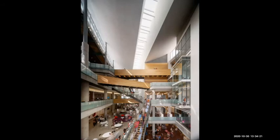And you can see just like in the daylight study, how this south-facing facet really has a lot of light on it. And you're really getting a ton of light through the centerpiece, the lights of the bridges like I was talking about, and the way that the light just sort of flows down through the space. We've surrounded the atrium purposefully with